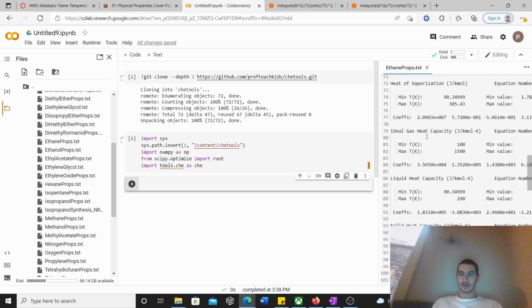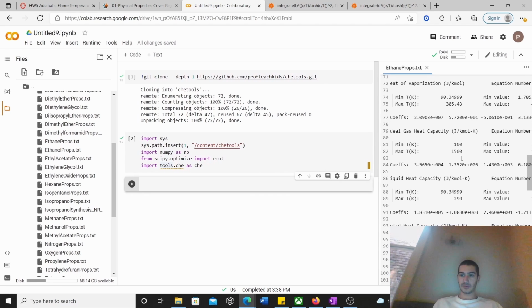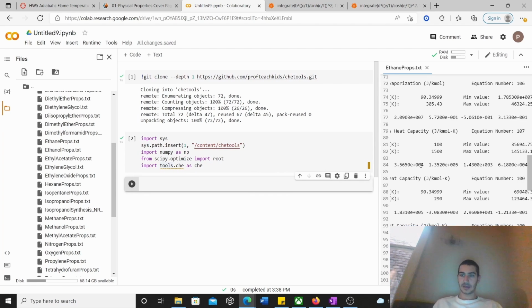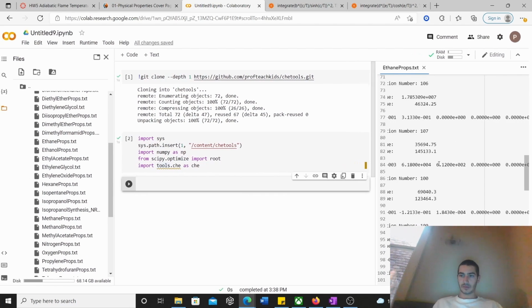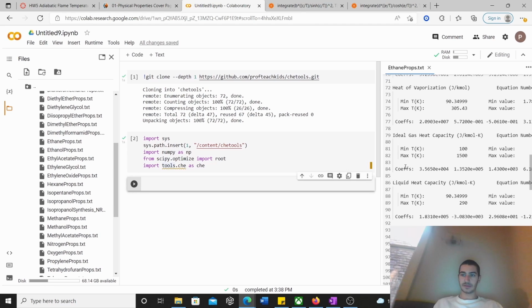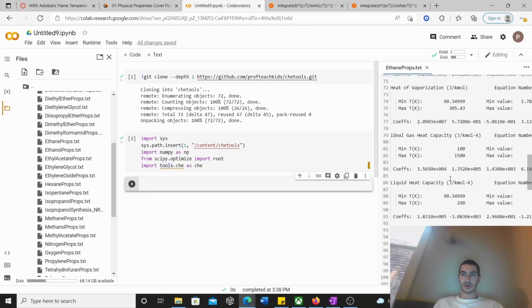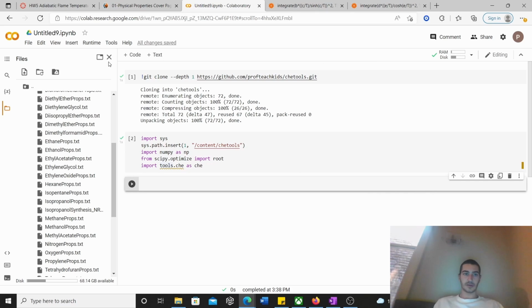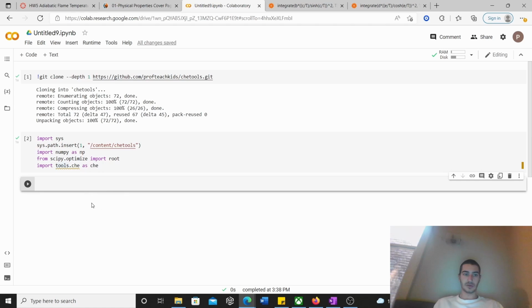In this ideal gas heat capacity, you see that there are some coefficients, and we have 1, 2, 3, 4, and these coefficients are the values for A, B, C, D, and so on for our CP. And so we'll be using these values in order to create our code and so on. So let's get started. The first thing is we want to